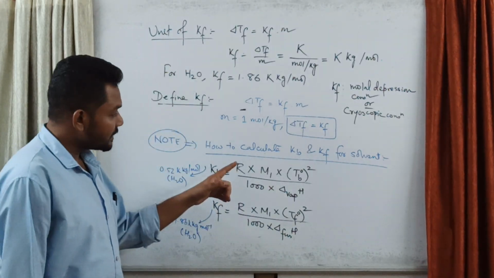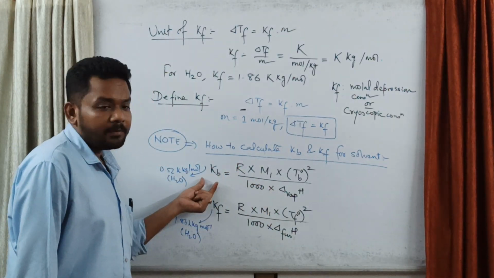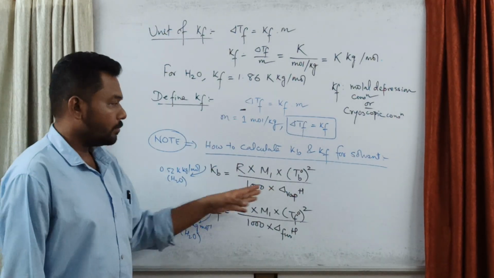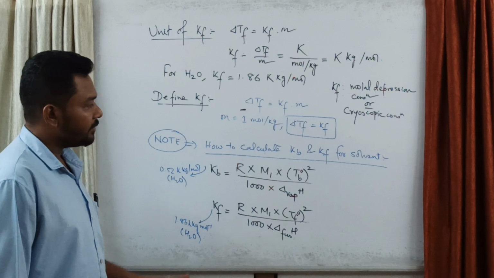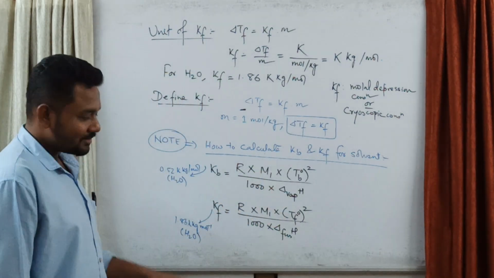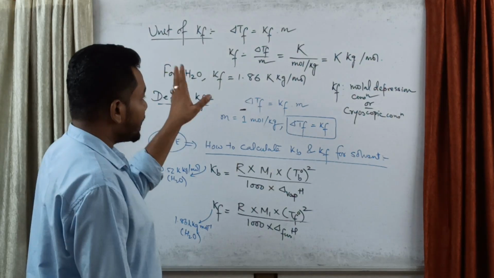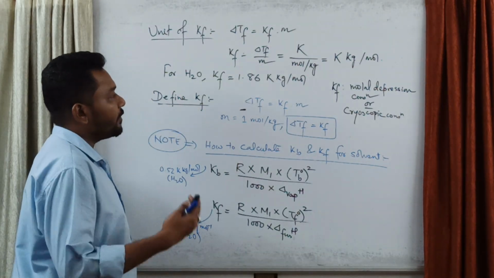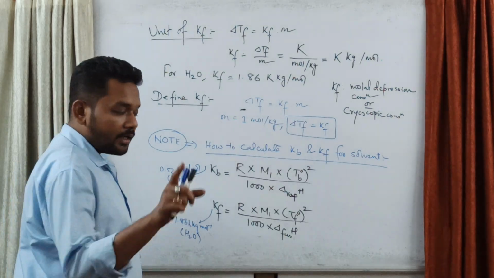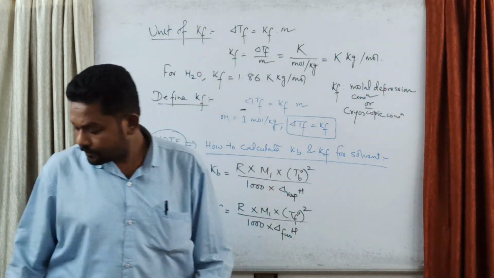তাহলে এই ভ্যালুগুলো তোমার কোশ্চেনে গিভেন থাকবে, এগুলো পুট করলে তুমি KB পেয়ে যাবে, এই ভ্যালুগুলো পুট করলে KF পেয়ে যাবে। এগুলো বেসিক্যালি এন্ট্রান্সে জিজ্ঞেস করে, এগুলো বোর্ডে জিজ্ঞেস করে না, তাও এটা আমরা করে রাখলাম ইন টার্মস অফ সেফটি, যদি চলে আসে। তাহলে আমাদের এটা হয়ে গেল ডিপ্রেশন অফ ফ্রিজিং পয়েন্ট। ডিপ্রেশন থেকে এবার একটু বেরিয়ে গিয়ে আমরা চলে আসবো অসমোটিক প্রেসার। হেডিং অসমোটিক প্রেসার।